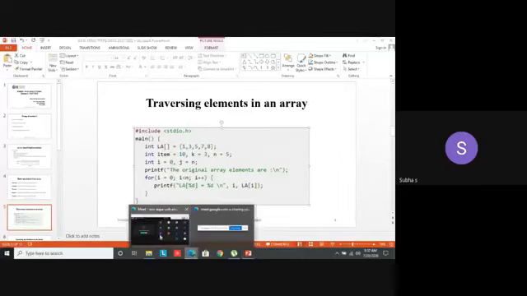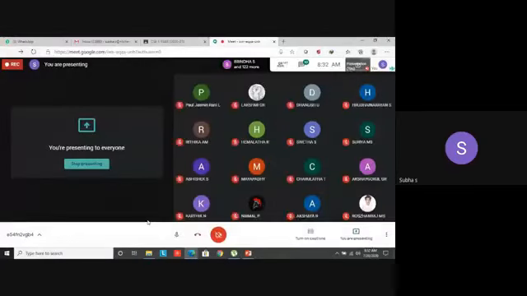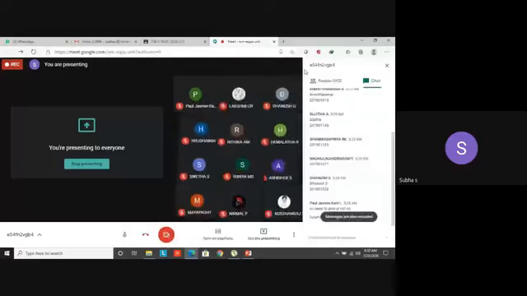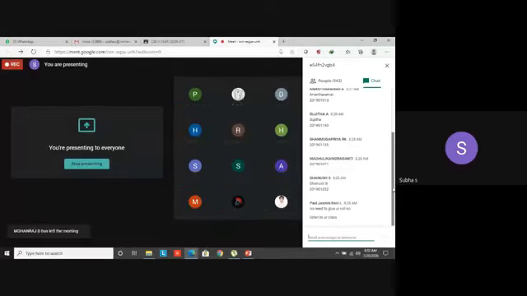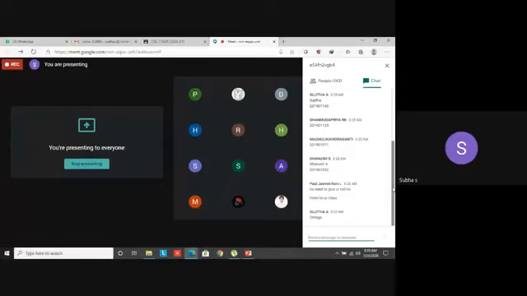Now, can anyone tell what will be the time complexity for printing all these elements? I need a quick reply in chat, because I have told about this in asymptotic notation. What is the time complexity needed to traverse or print these 5 elements? Not omega, Sujita.